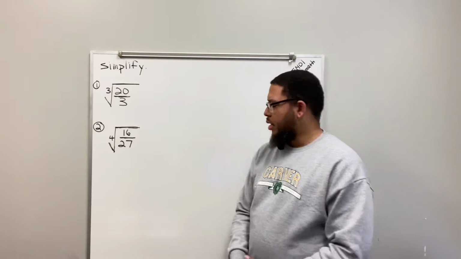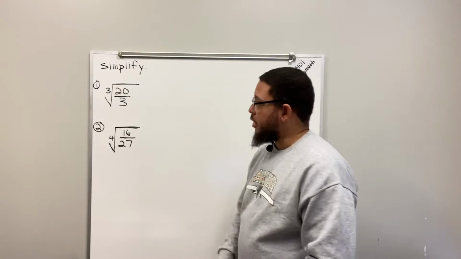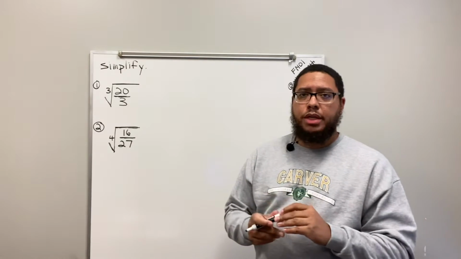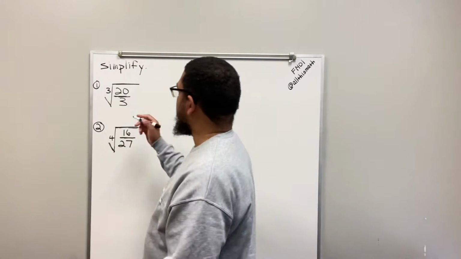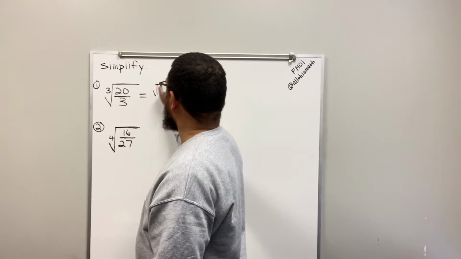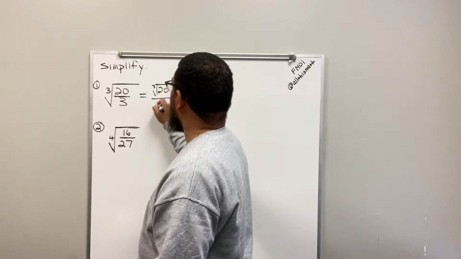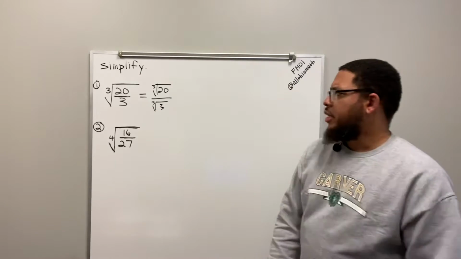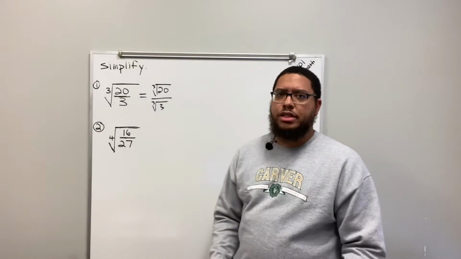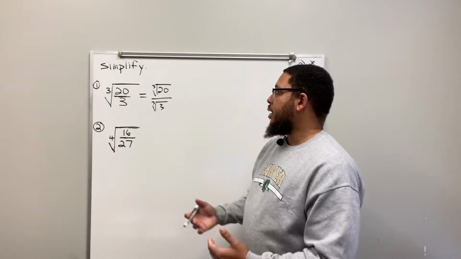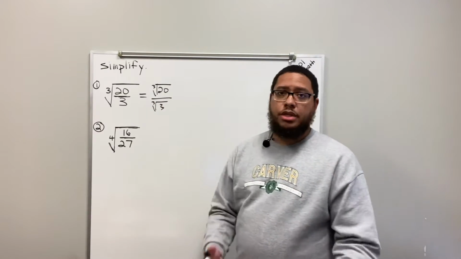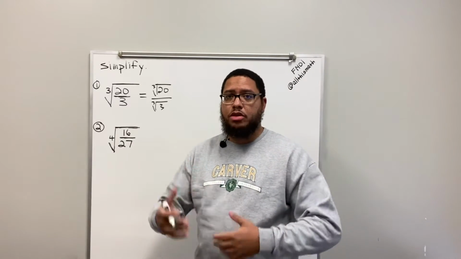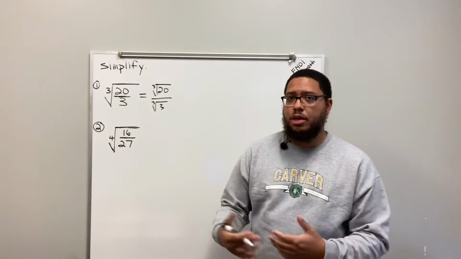So that's a fraction. One of the things I like to do when I'm dealing with a radicand that's a fraction is I break the radicand down into two separate radicals, looking like this. So now I've got the cube root of 20 divided by the cube root of 3. I do that because I might need to rationalize. Then I check and see, okay, can I take the cube root of 20? Is 20 a perfect cube? No, 20 is not a perfect cube. There's no whole number that I can multiply by itself and then by itself again that will equal 20.